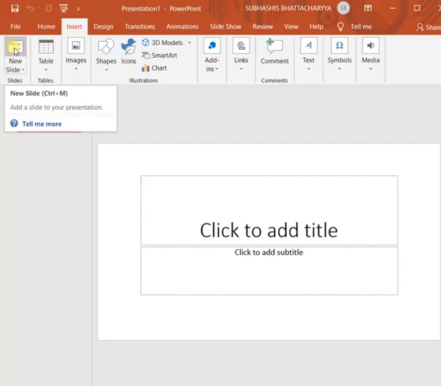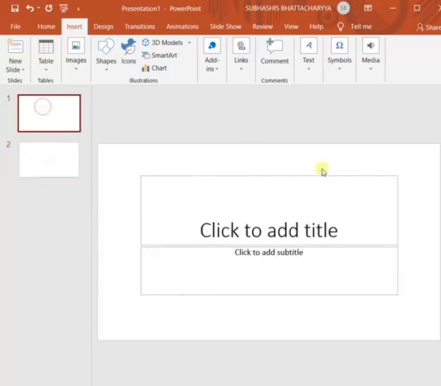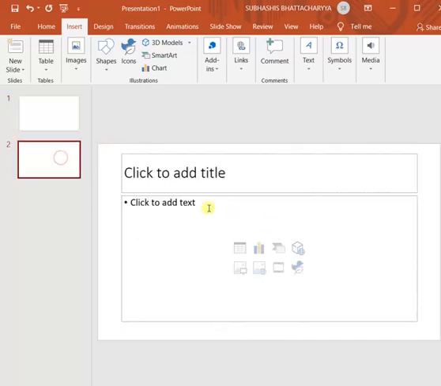You can click on it. You will see a new slide has been inserted, and this slide follows the format of the previous slide.